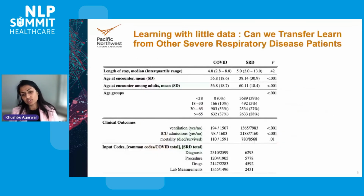So what we did was we looked at the data for the other respiratory diseases. I'm referring to SRD as the severe respiratory diseases in the Stanford Medical Center, and started comparing the different statistics associated with COVID and the severe respiratory disease patients. So here what you see is the length of stay associated with COVID and SRD, and we saw that that was very similar. The age distribution was slightly different, but what you see in the bottom, the diagnosis codes,